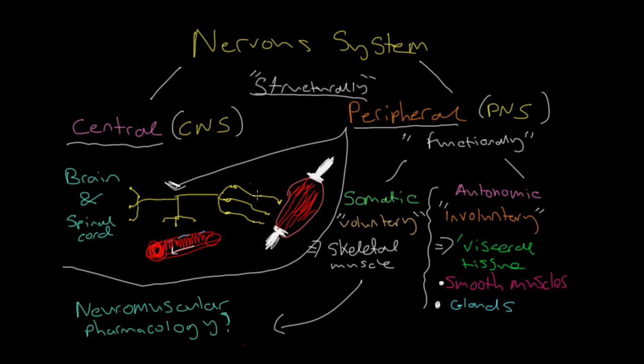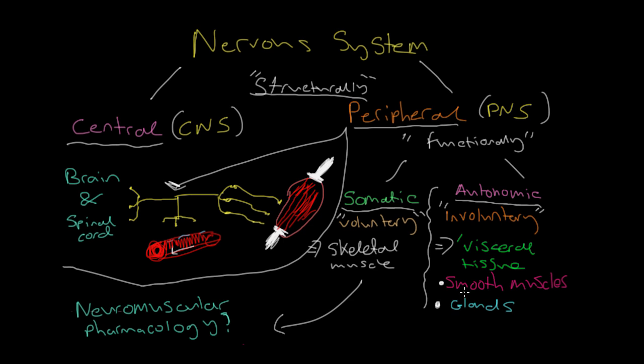We can further subdivide the peripheral nervous system in terms of function, however, and we do this to produce the somatic and the autonomic nervous systems. The somatic portion is concerned with innervating skeletal muscles, and is therefore tasked with producing all of the body movements which are under voluntary control. This is a very broad area, and is a little bit outside the scope of this video series. The autonomic portion, we can therefore say, is the involuntary aspect, tasked with innervating visceral tissues, such as smooth muscles,